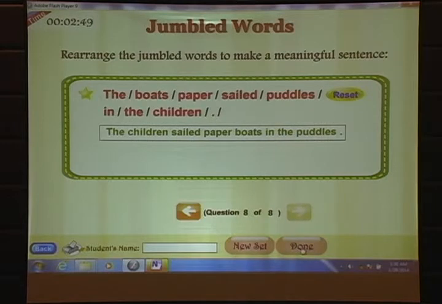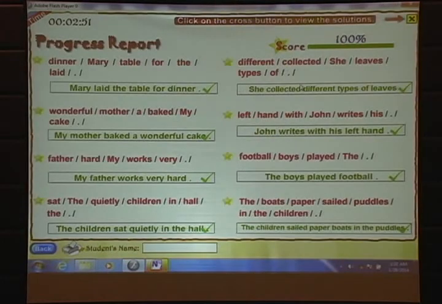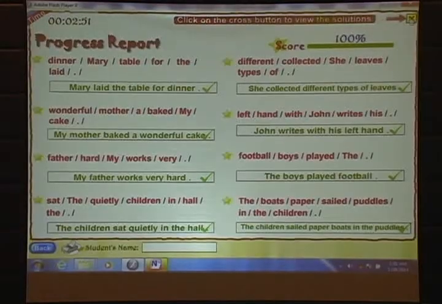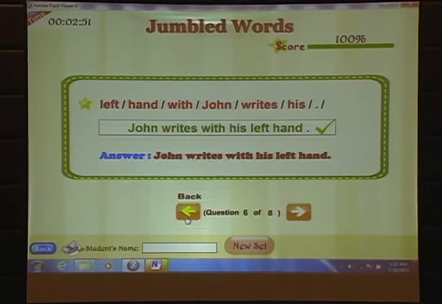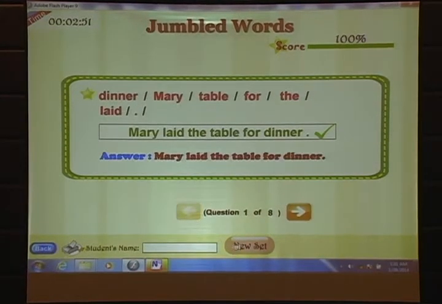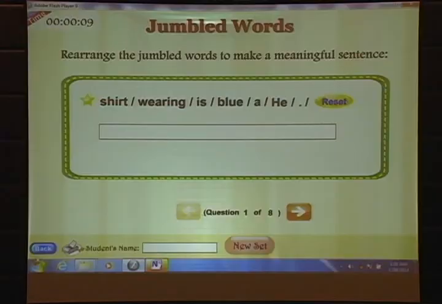Okay, we got all, and click on yes. Wonderful, you are a smart class. Okay, it's great. A joint contribution to this perfect score, and then go back and check if you didn't do right. So you get all the feedback, the answer is given, your answer is matching with this, and then what? New set, new set, new set. Does it help the child in sentence construction? You practice as much as you can. Okay, go back.